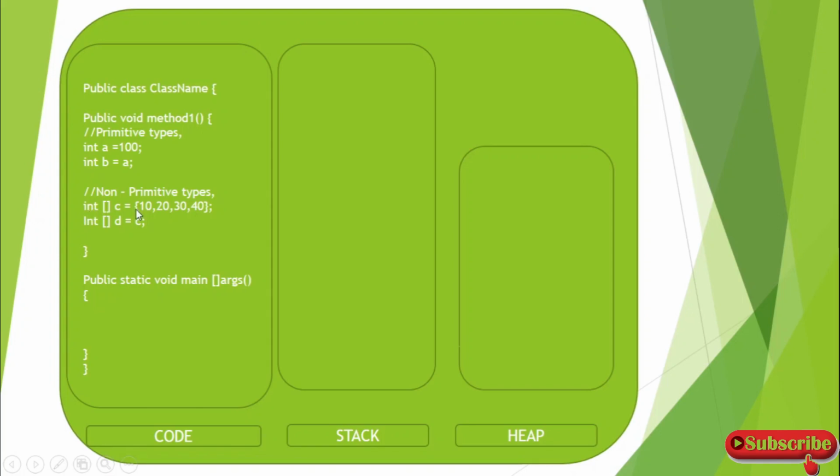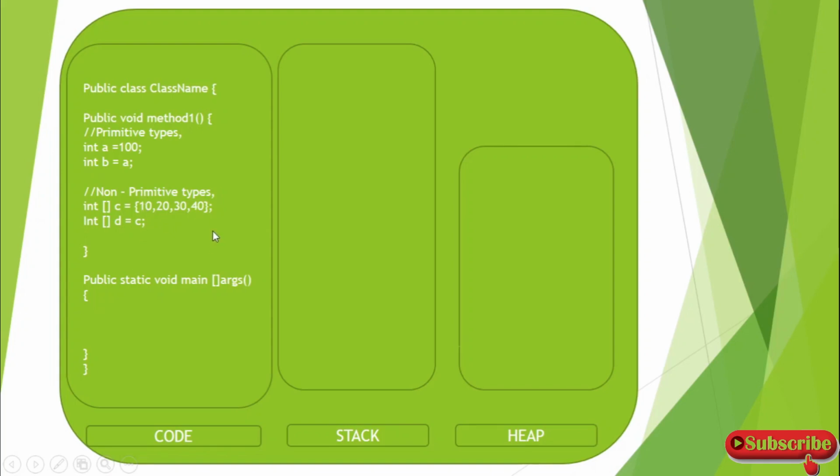Now let us create a variable with non-primitive data types. So this is an integer array, and we are creating a variable c that has a value like 10, 20, 30, and 40, and this will get stored inside the index. Okay, this array concept we will see later, but just to show a difference between the primitive and non-primitive, I'm creating an integer array here, and I have assigned four values inside this array. And I created another integer array called d. I'm just copying this value of c inside the d. So now the d also has four values: 10, 20, 30, and 40.